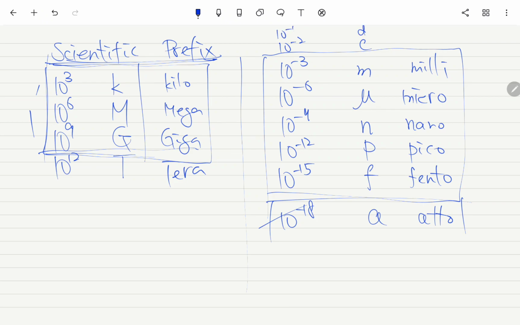Sometimes we will see dm, which is 10 centimeters. Okay, but actually the frequently used scientific prefixes are the middle ones. Okay, this thing and this thing. Hope you will remember, because it will appear in